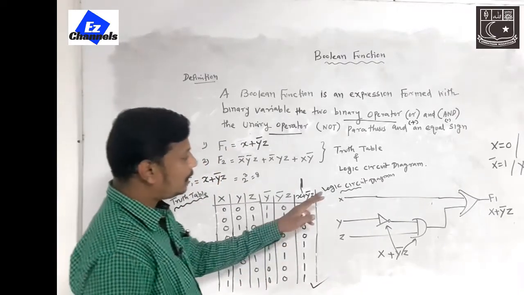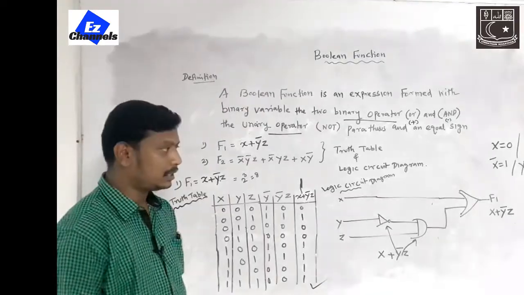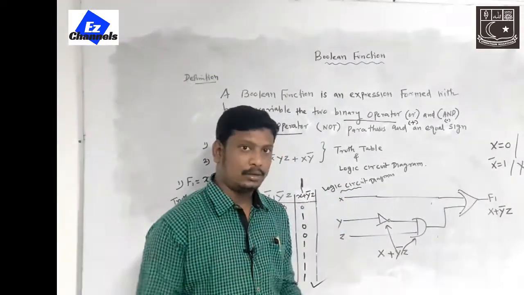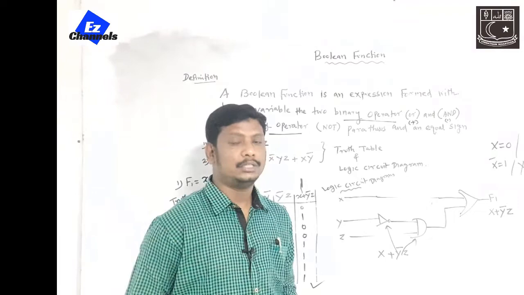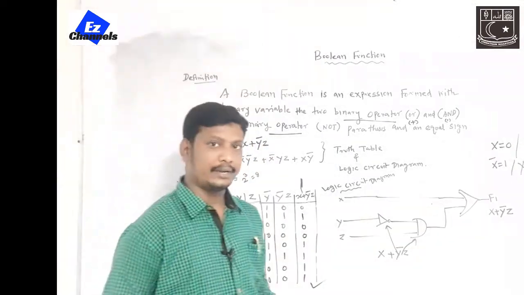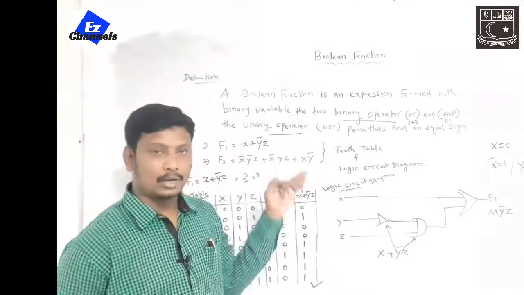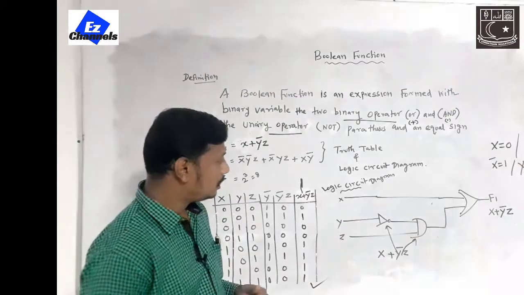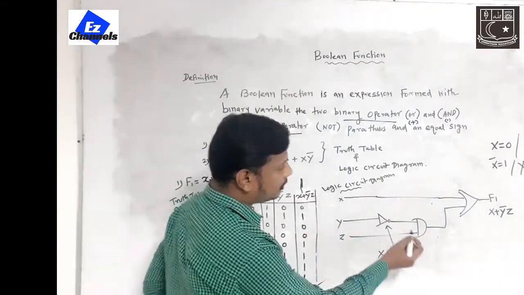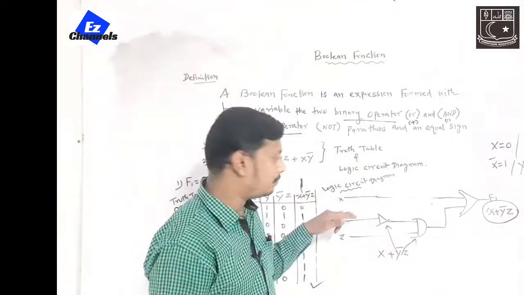Let's come to the logic circuit diagram. You can easily understand it by going to the previous class, digital logic gates. What is the AND gate, the NOR gate, the XNOR gate? Understand clearly the gates and what the symbol of each gate is. So this is the logic circuit diagram, and for this function I will draw the diagram.